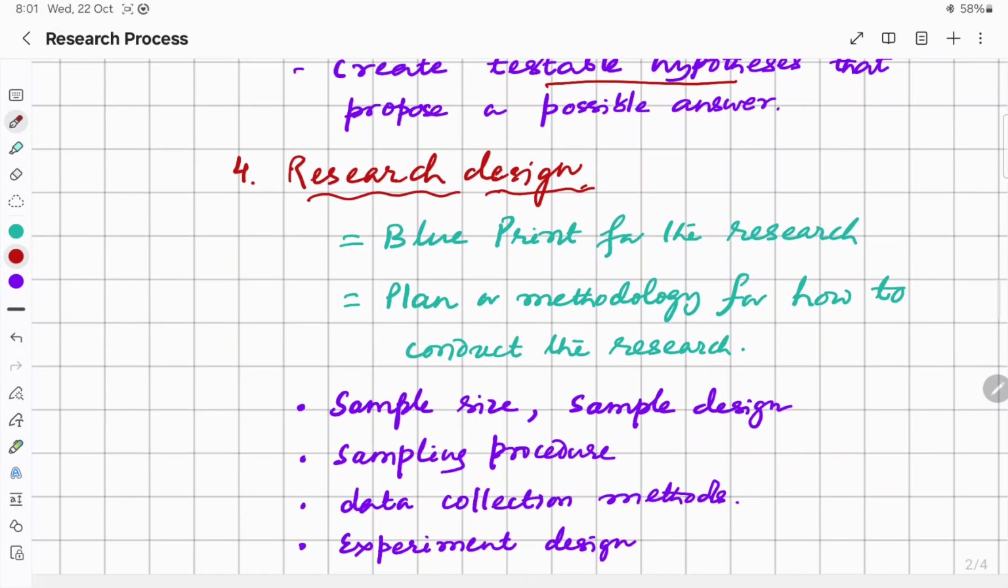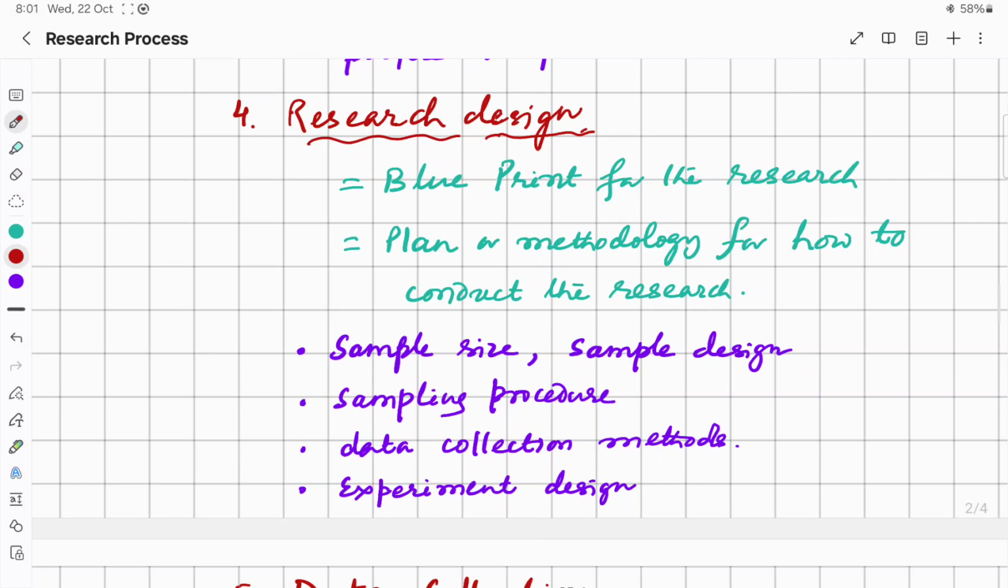Then the fourth step is the research design. That means the blueprint for the research, the plan, the methodology, how to conduct the research will be dealt with in this research design, where we will see what should be the sample size, what should be the sample design, what should be the sampling procedure, what are the methods we will follow during data collection, how we will do the data analysis, which statistical methods we will use, the experimental design,